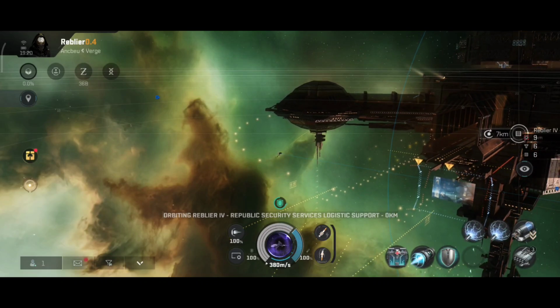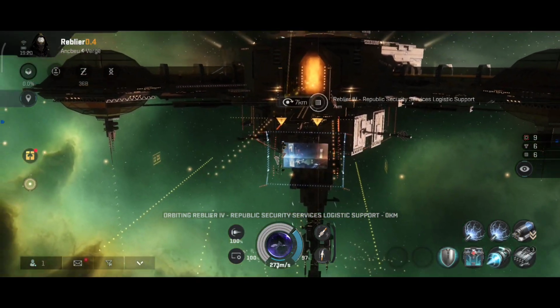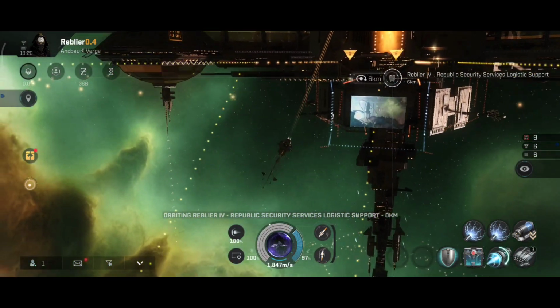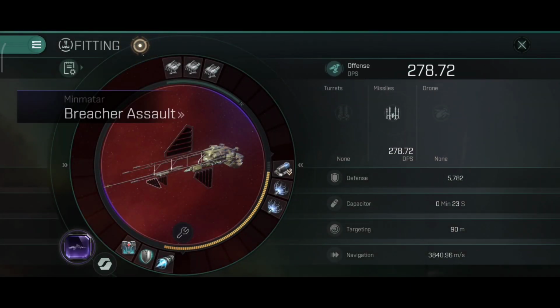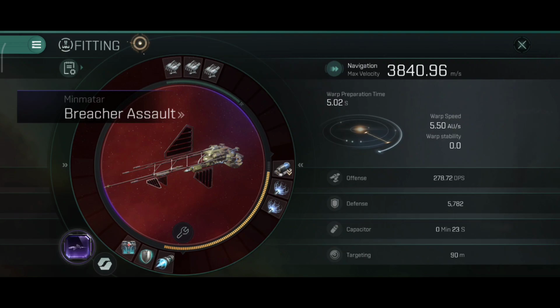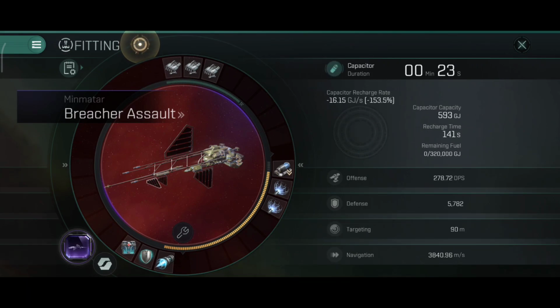Okay, let me quickly adjust the modules. Nice and easy. Alright, excellent. So, let's orbit and let's take a look at the stats. 3.8 kilometers per second is the micro warp drive speed, which is pretty solid, I would say. Capacitor lasts 23 seconds, 5.7 thousand is overall defense, and